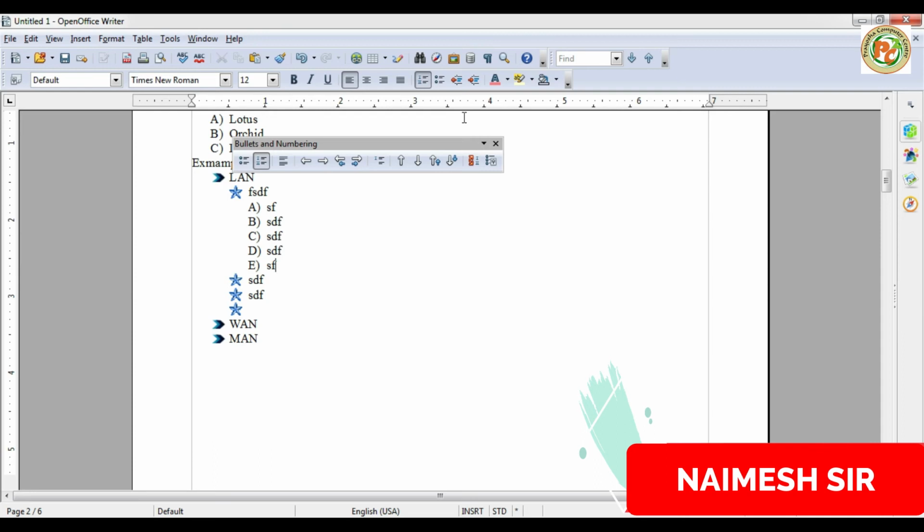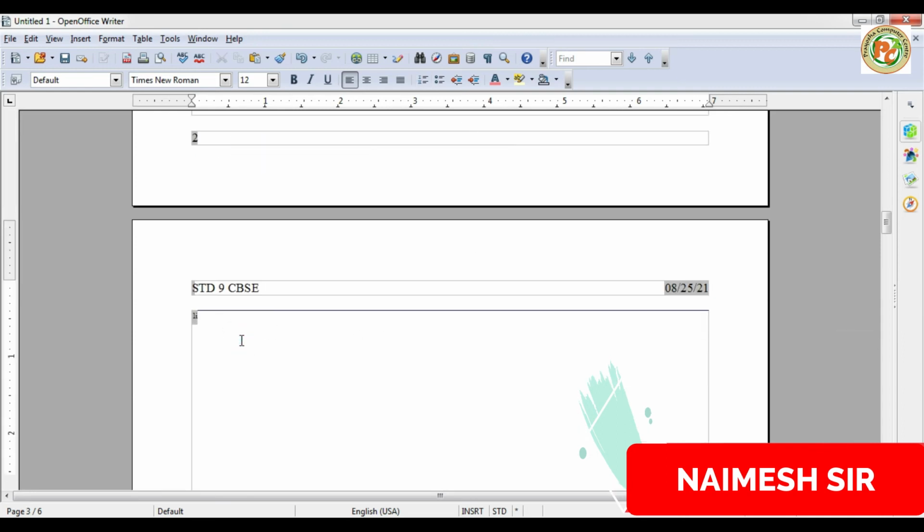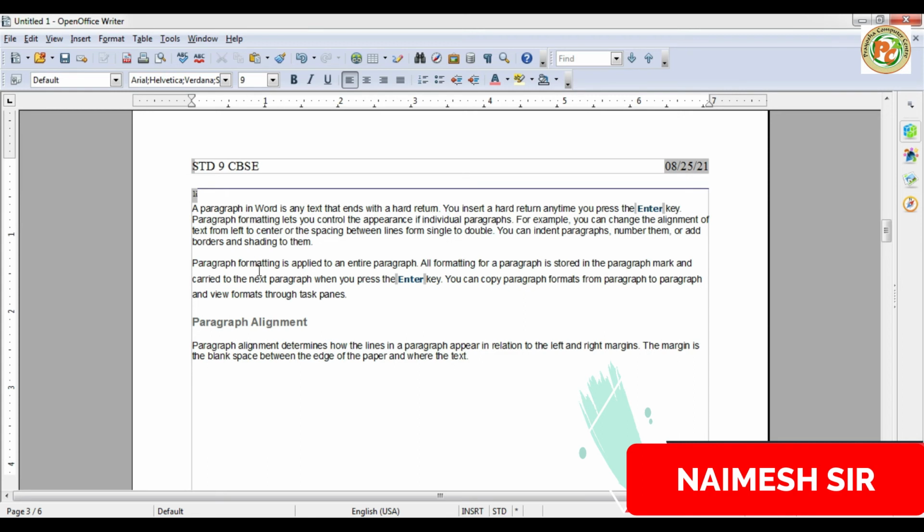Okay, now after this we are going to learn about paragraph formatting. To do so we need a paragraph, so I'm just going to copy the paragraph. Here we have a paragraph, I have copied it, and press enter to take a new line. Okay, now we have added it. Now paragraph formatting means first we will learn justify. So how to do justification? The formatting toolbar has already appeared here.